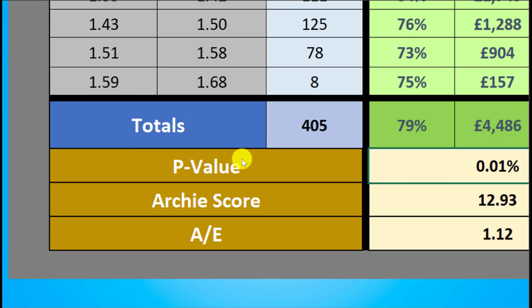The main idea behind these new features for the System Builder is that we want you to be able to find whether your system is a reliable one going forwards, or was it just based on luck? Okay, you might well find a profitable system, but it could have been profitable just based on luck. So let me show you how these new features can let you find that out.